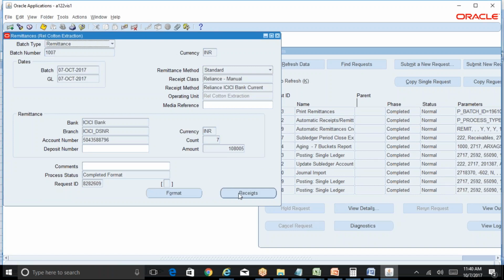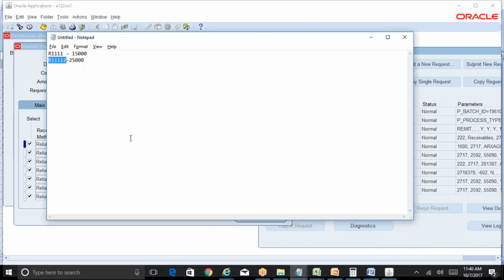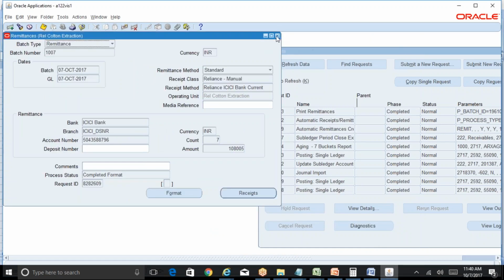Okay, click on receipts. Here you can see it has picked up 7 receipts. So it has picked up all these receipts which were created today, and it has obviously picked up our 2 receipts, R111 and R111-2. Okay, now we can go to cash management and do automatic reconciliation. And also